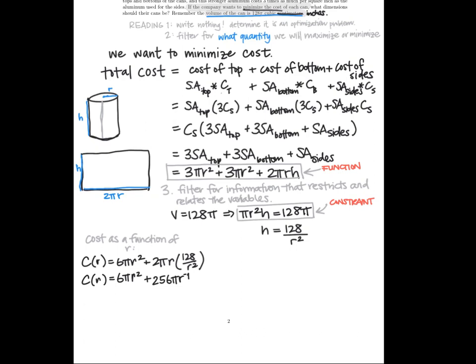Well, a radius cannot take on negative values. We don't measure radii in terms of a negative number of inches. So that means that r's minimum, according to this problem, is 0. That's not achievable because the second that r is 0, that means the can ceases to exist. And then you want to think to yourself, okay, there may be a maximum that r can take on. Is that true? Well, if we look back here both at this can and at what this relationship is telling us, that h equals 128 over r squared,